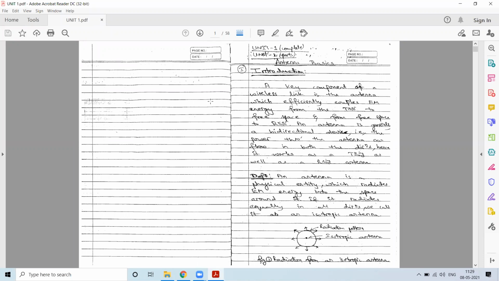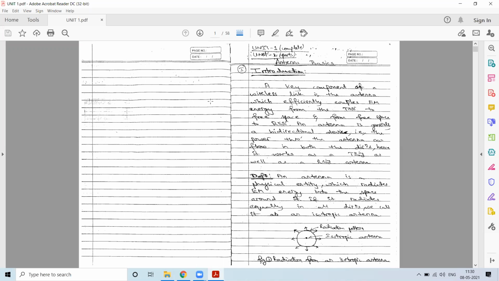Then we'll be discussing what directivity and gain are, how we can obtain the directivity and gain of a given antenna, and the different ways in which we can identify those things. Then apart from that, we'll be discussing the Friis transmission formula. Lastly, we'll be discussing the field zones. That is, with respect to antenna, what are the different field zones which are present? That is the Fresnel zone and the Fraunhofer zone.